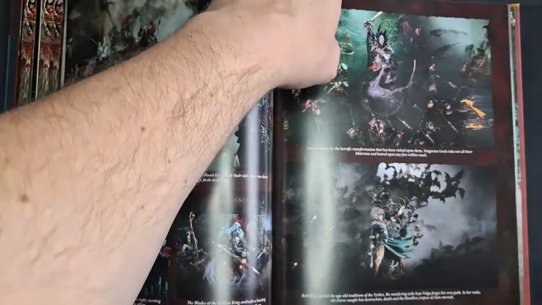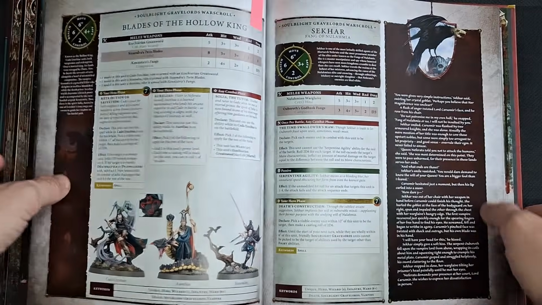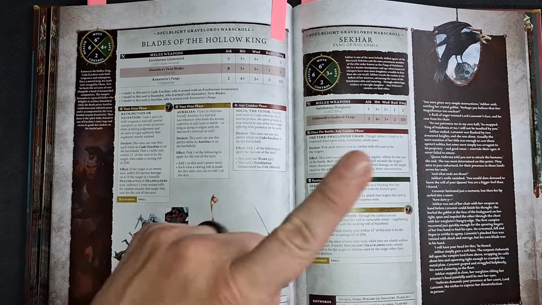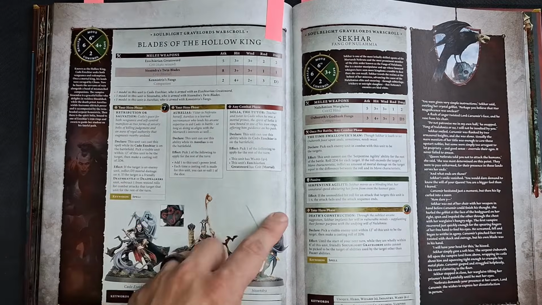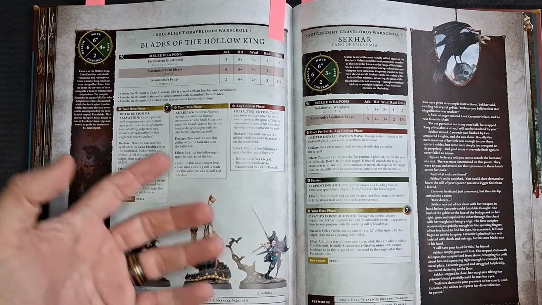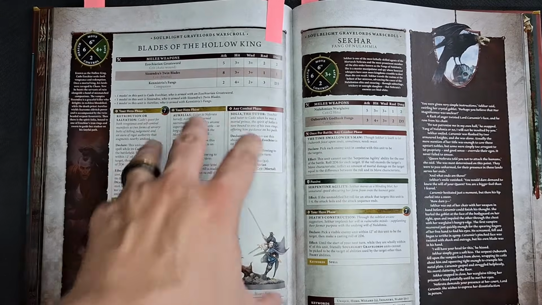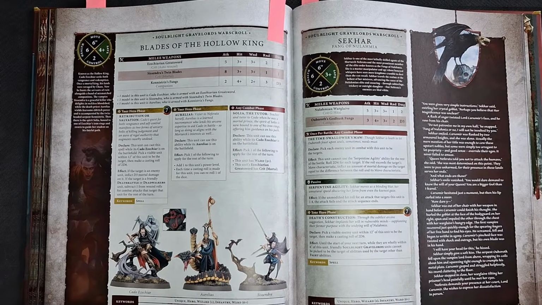Now, flipping forward a little bit in the book, we get to some of the warscrolls, and in particular, as I was saying, there is one for the Blades of the Hollow King. So here's where I remember the names. So we have Cado, of course, but you also have Sisendra, and you have his, I would say helper, but not really, in Aurelius. So they've really gone to town to upgrade Cado's rules. You can still play him as the individual character. In fact,